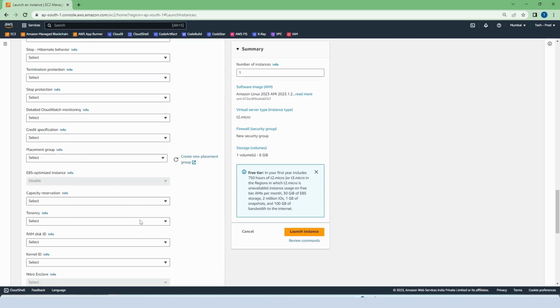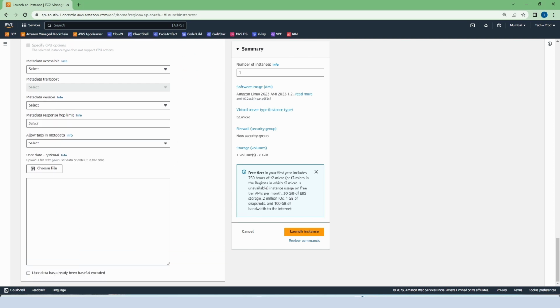Go to the user data. So the user data is basically what you want to install or what type of packages you want in your instances. No need to install that particular package or files separately because it will already be there. So in my case, let me put in some user data